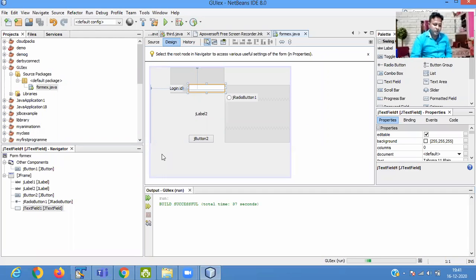So label is the display area of a short string or an image. You can add the image in the label. It is created through the JLabel component. It is an easy to use component which does not react on the input action performed by the user. Okay, so like label,